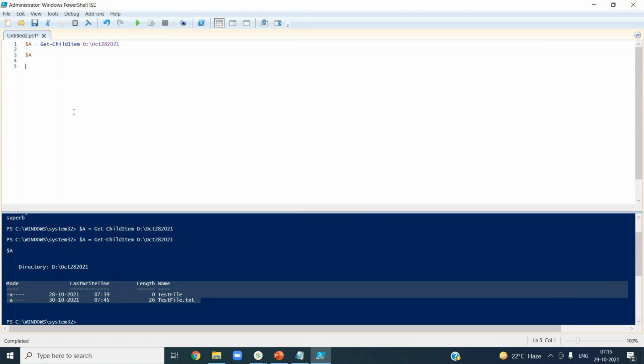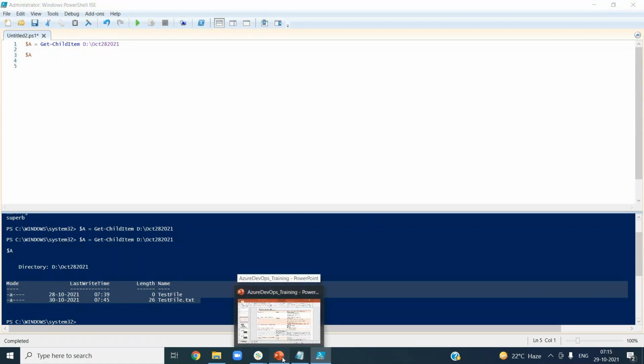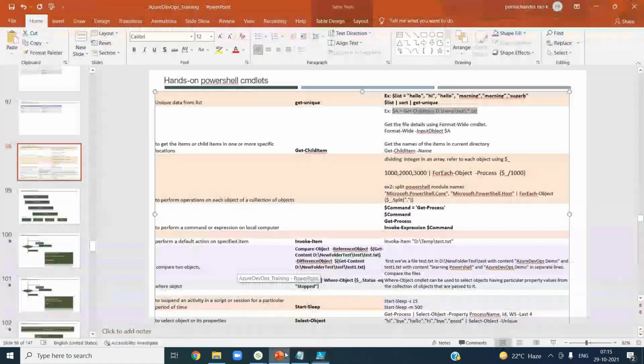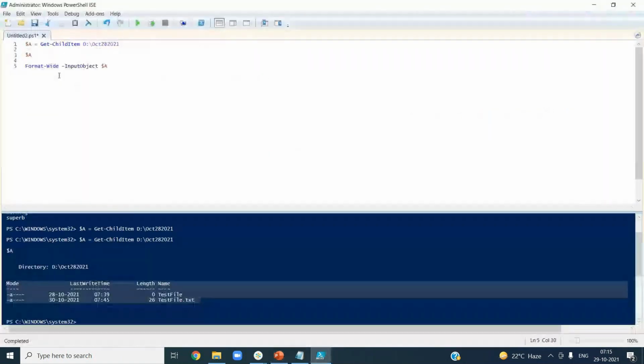So if I want only the file name from this output, that's where you can use the other command. There is a command called Format-Void, then space, hyphen InputObject and $a. With InputObject, you say what you are sending into this format command; you are sending input as $a.